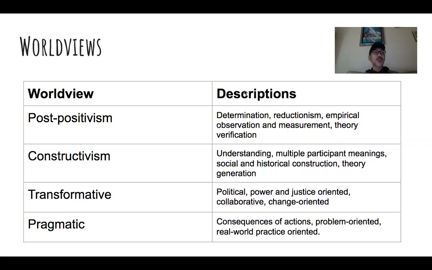And the purpose of research is to uncover this objective reality that already exists. This objective reality is a series of laws or theories that govern the world. And when post-positivistic researchers use the scientific method, they seek to test, verify, and refine theories to better understand that objective reality